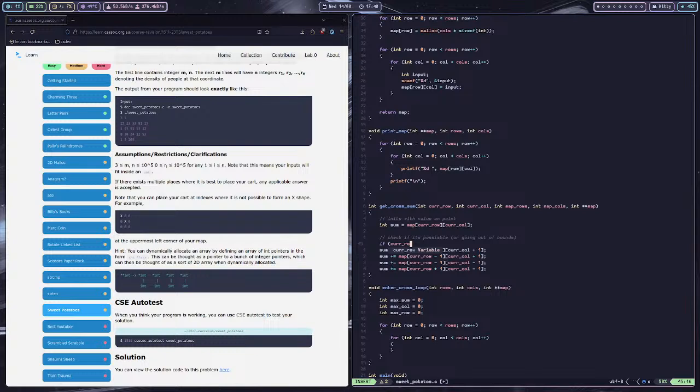If cur row plus 1 is not within that boundary, then don't run this. Nah, if it's within, then we run. If it is within or equals to map rows and cur row,